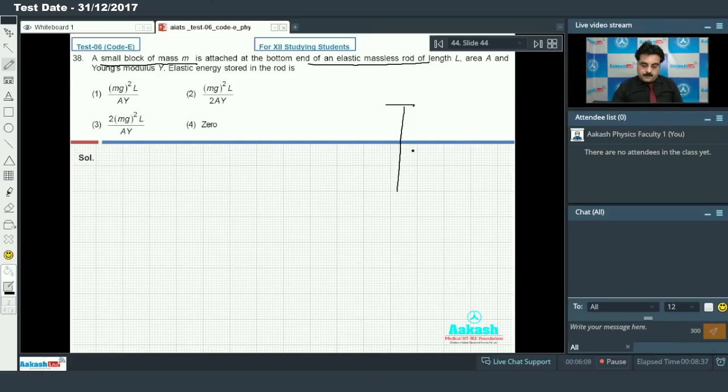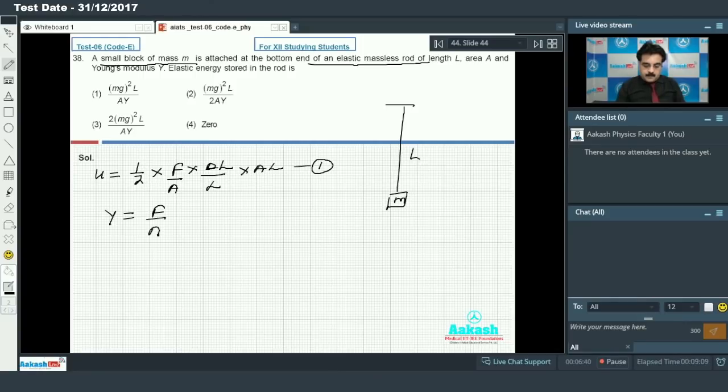So if this is the rod and this is the mass M, you know energy stored is given by 1 by 2 into force into elongation delta L. If I divide by area A and initial length L, I am going to multiply AL in numerator and denominator. So this is my relation number 1,